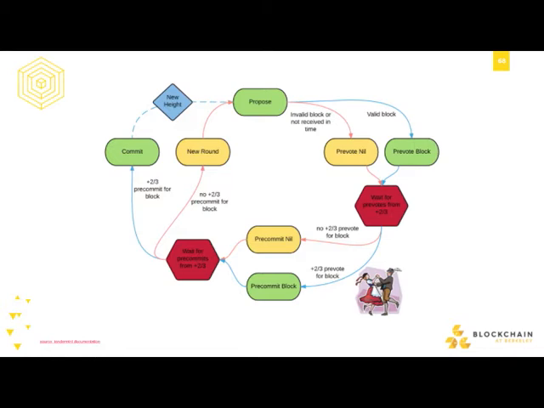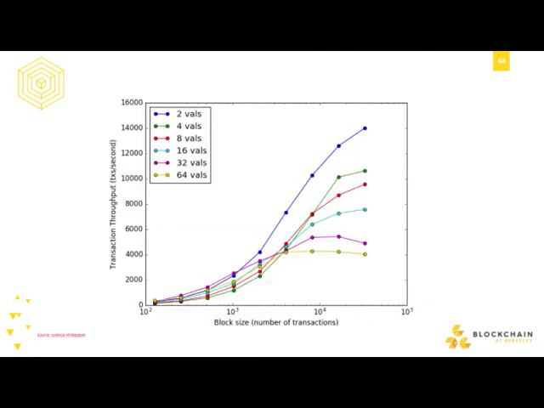What proportion of the nodes are validators? And why would you ever not want to participate? I don't know if that's on the next slide or not, but this is a cool graph, because it shows some really high numbers for transaction throughput. With 2 validators, you can get 14,000 transactions per second at max. With 64 validators, you can get about 4,000. That's the key: it doesn't scale to thousands and thousands of validators. It really only scales to about 100. So the proportion of validators relative to everyone else is going to be small, 100, maybe 200 eventually.